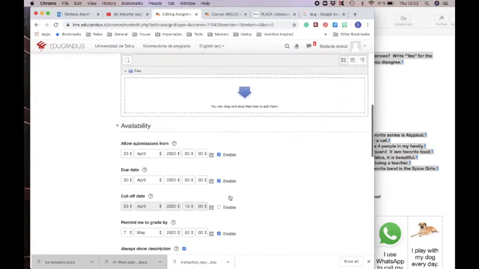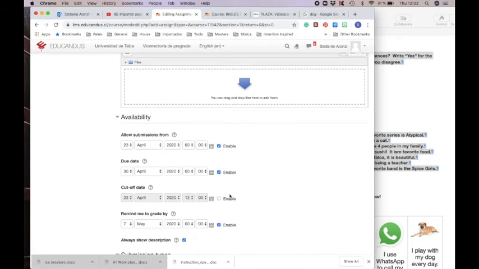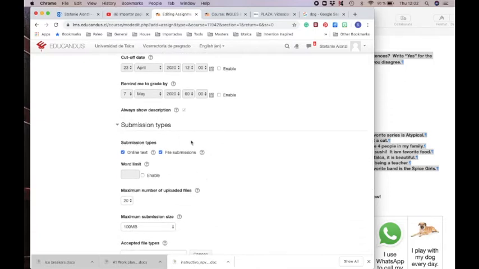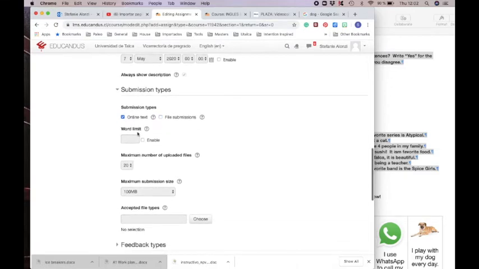Let's take a look at the settings. I'm going to disable this in the availability because I want the students to be able to access it anytime. So when we disable this, we leave it open. For the submission types, they don't need to upload anything here, so I'm going to leave it to online text. I don't think they need a word limit,